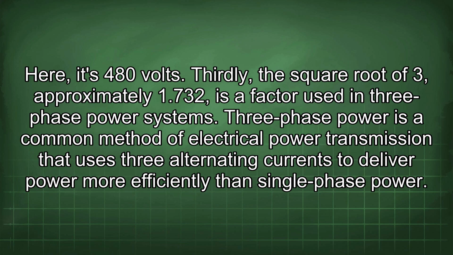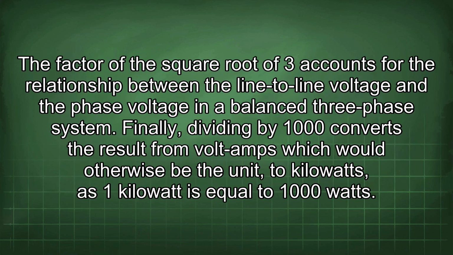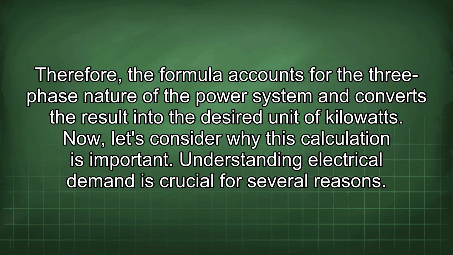Three-phase power is a common method of electrical power transmission that uses three alternating currents to deliver power more efficiently than single-phase power. The factor of the square root of 3 accounts for the relationship between the line-to-line voltage and the phase voltage in a balanced three-phase system. Finally, dividing by 1000 converts the result from volt-amps, which would otherwise be the unit, to kilowatts, as 1 kilowatt is equal to 1000 watts. Therefore, the formula accounts for the three-phase nature of the power system and converts the result into the desired unit